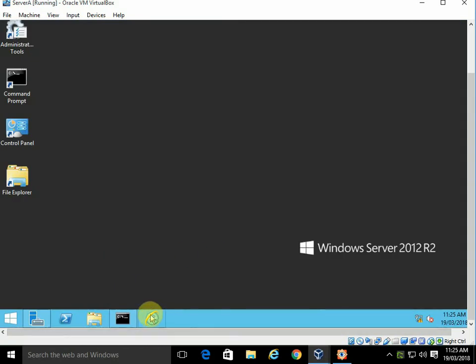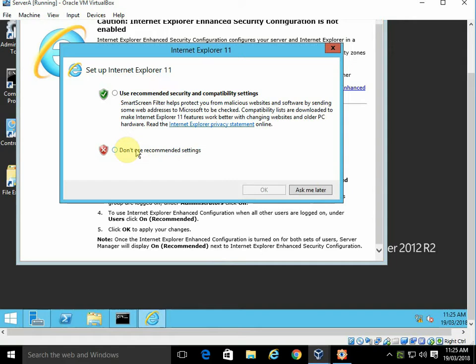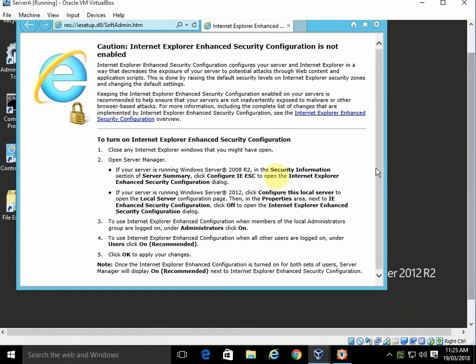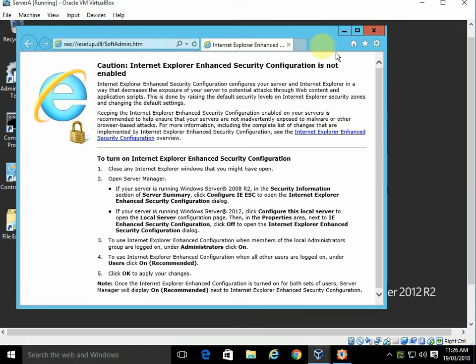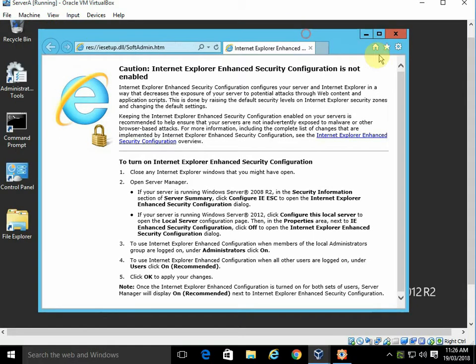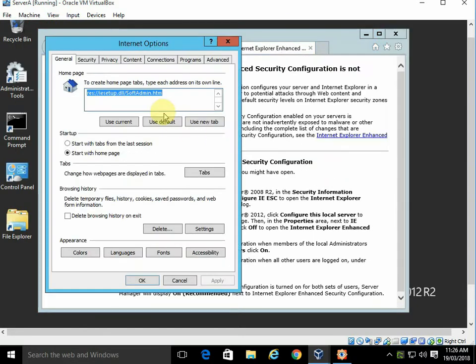So now it's down here. If I open that up, don't use recommended settings and ask me later. We'll get a message on here that says turn on the Internet Enhanced Security Configuration. Now we deliberately turned that off so that it wouldn't get in the road, so I'm not going to change that at the moment. I am going to change the tools and internet options,